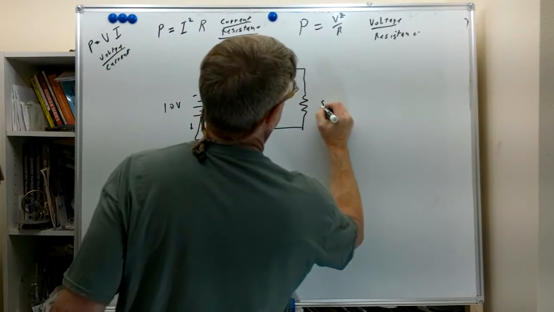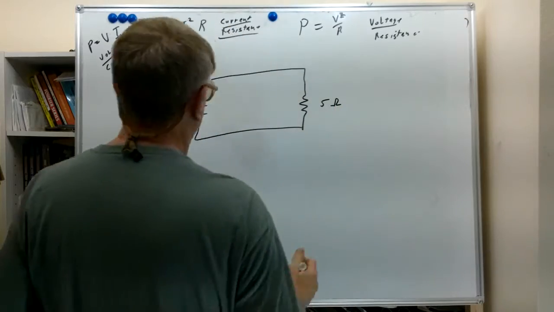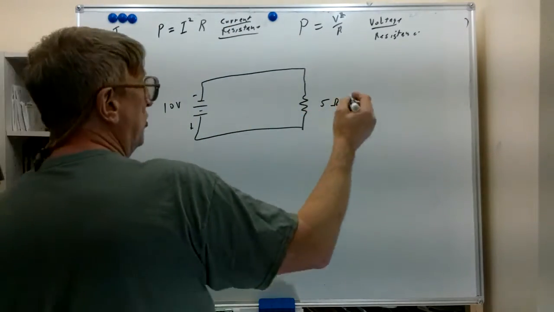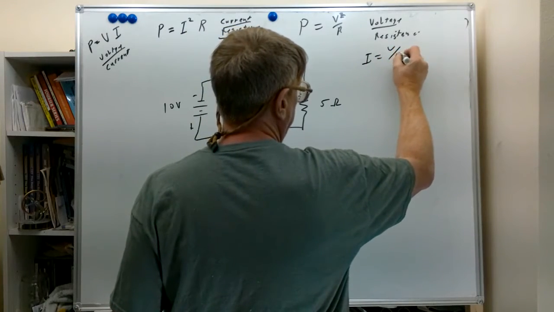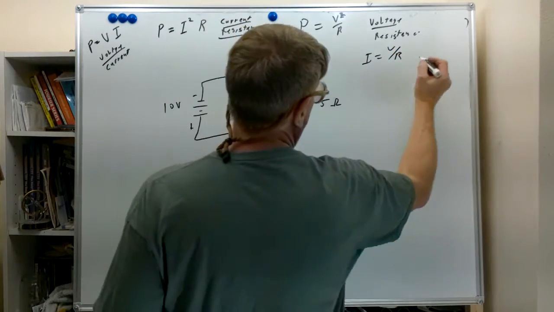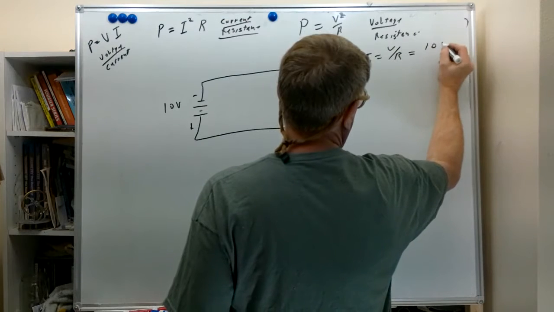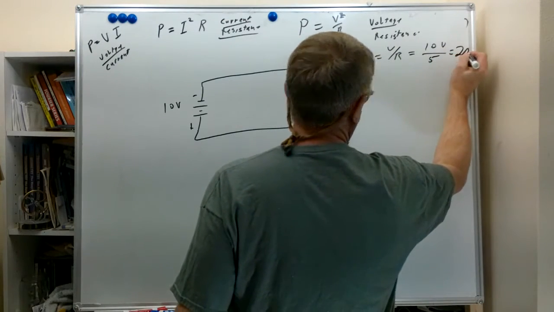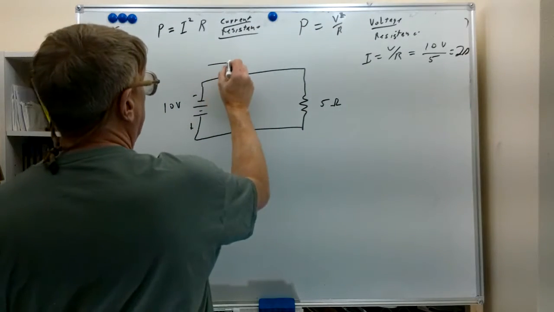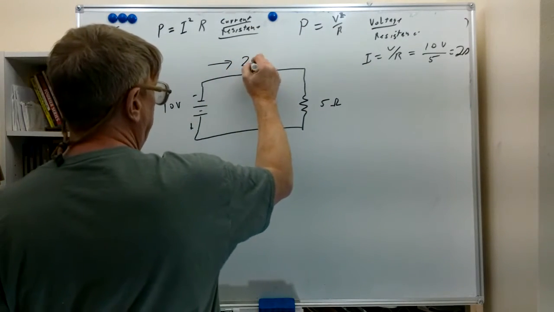Resistor over here, this is going to be a 5 ohm resistor. Let's calculate the current. We remember Ohm's law that said current equals voltage divided by resistance. So what we have here is 10 volts, and we have 5 ohms, which is 2 amps. So we have a current of 2 amps,